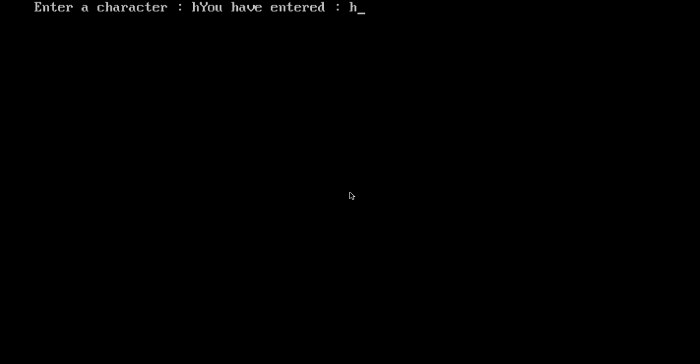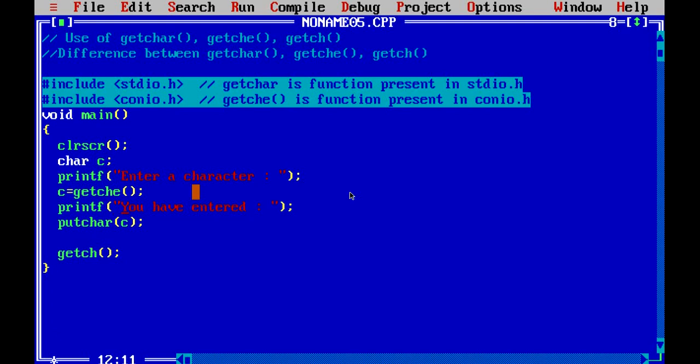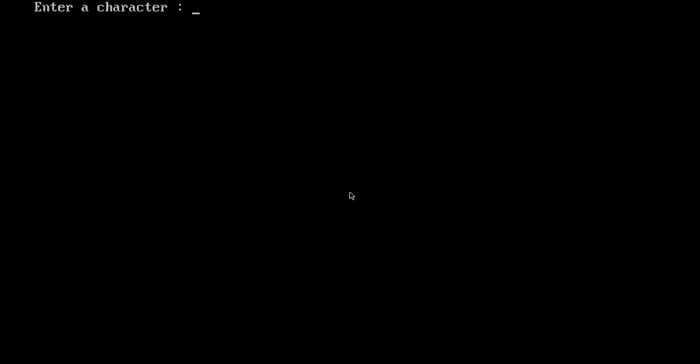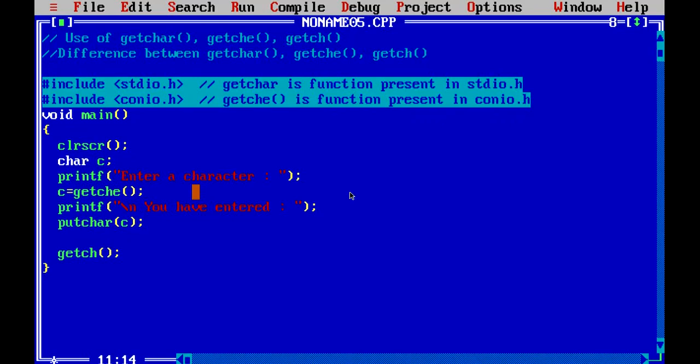As soon as I press the character, it is not asking me to press enter in order to complete that function and return the character. Let me just give \n over here again. As soon as I am pressing J, it immediately executes the next statement. So as soon as this method executes and we press a character from our keyboard, it immediately returns that character to this variable.